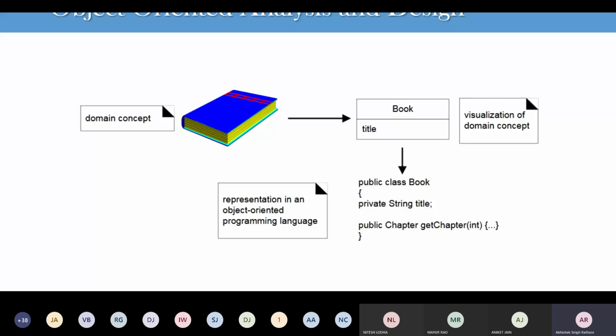So what is object oriented analysis and design? During object oriented analysis, which is the first step of your object modeling technique, our emphasis is on finding and describing the different objects or concepts in our problem domain. So we'll find the problem domain for our system, then we'll find the different objects and